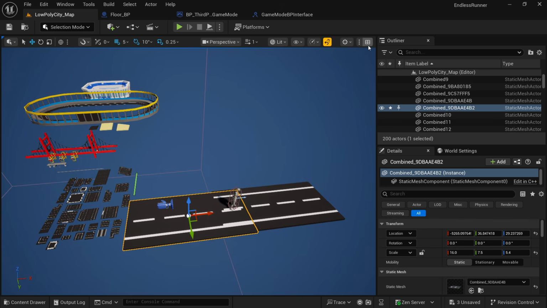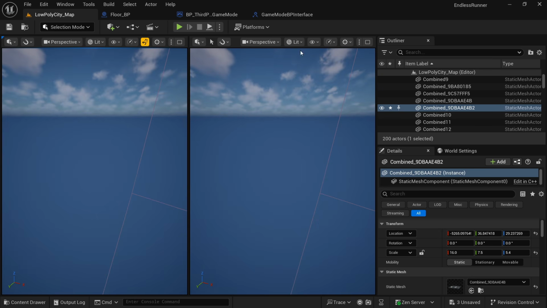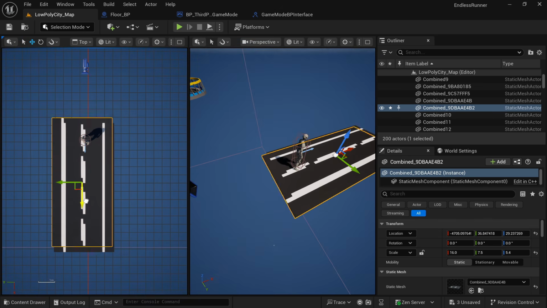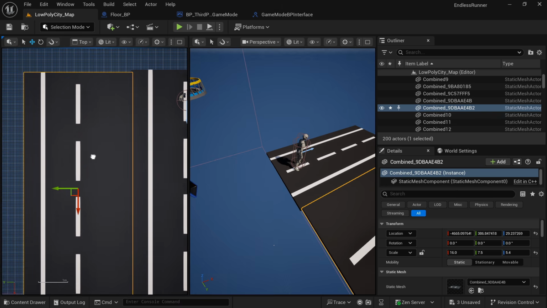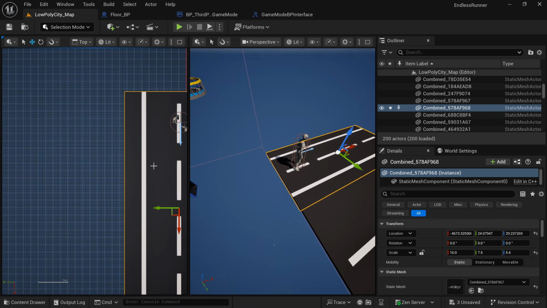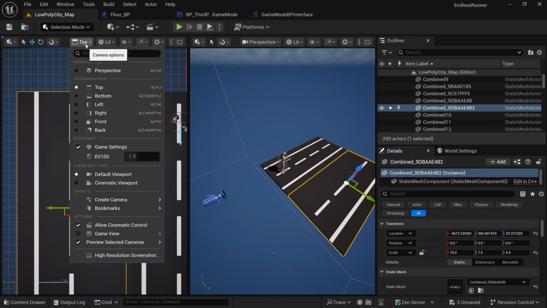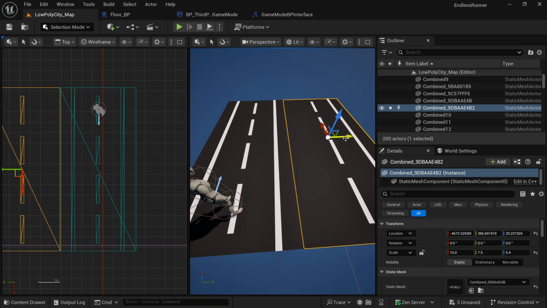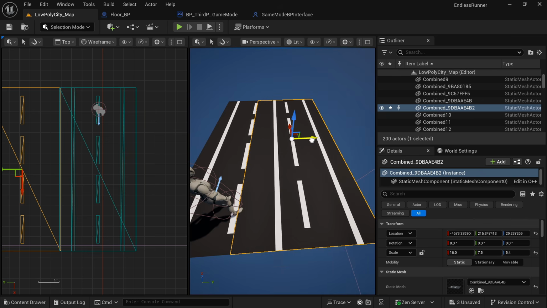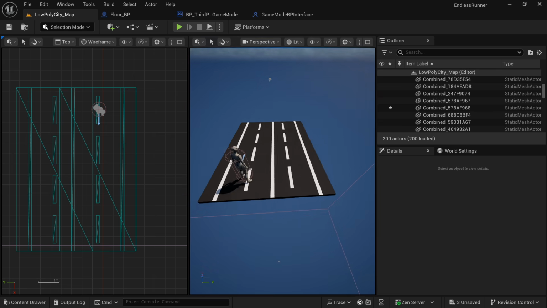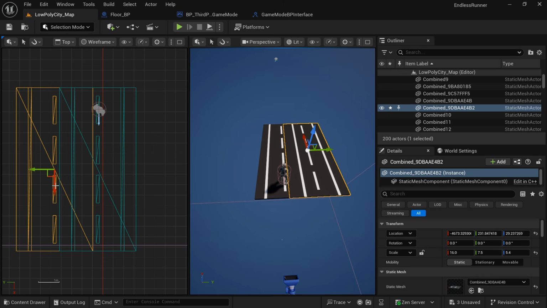Now for the precise placement, let's change the layout of the viewport. We are going to keep the one half to the top perspective. Now let's try to align this road just next to another one. And there is a slight misalignment. You can just simply copy the X location and paste it in another one to align them properly. Now I'm trying to place this road in such a way that these white lines look equally distant. Once I'm done with that, I'm gonna copy this, bring it to another side,